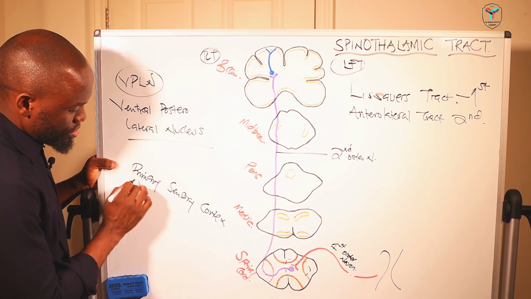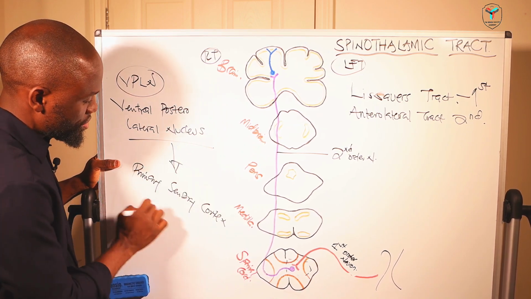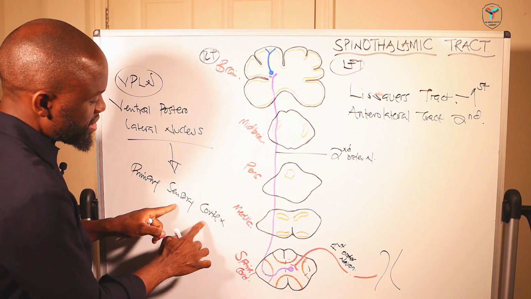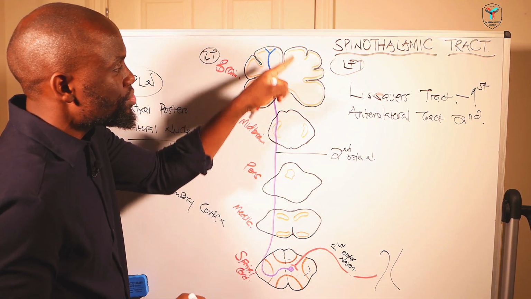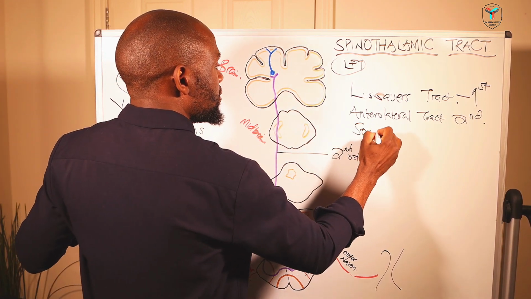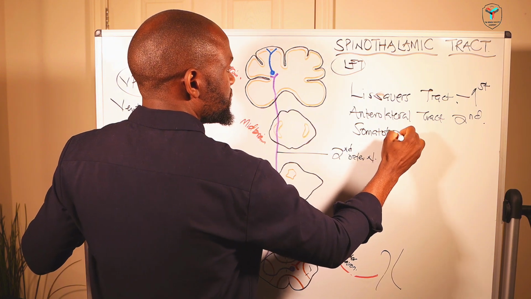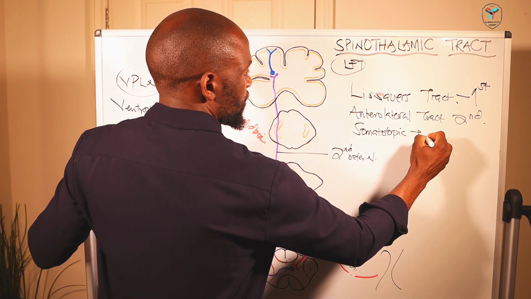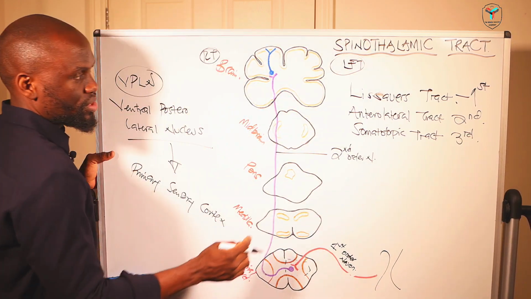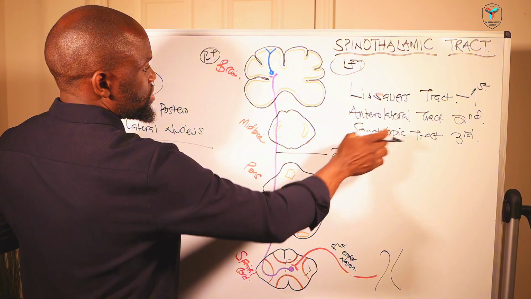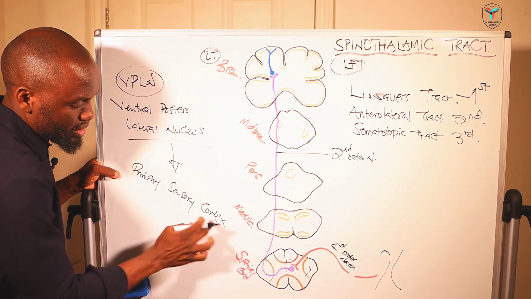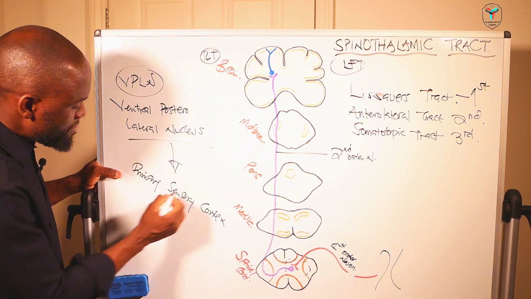Okay, so it will transmit the impulse all the way to the primary sensory cortex, and it will be traveling through another tract that we will call the somatotopic tract. Okay, that is for third order neurons. So they will go through the somatotopic tract system to move to the primary sensory cortex,